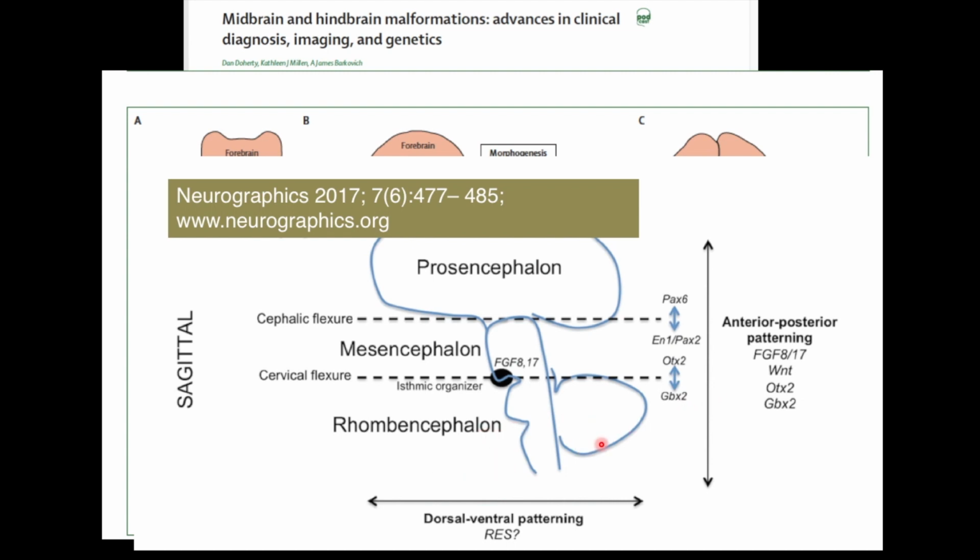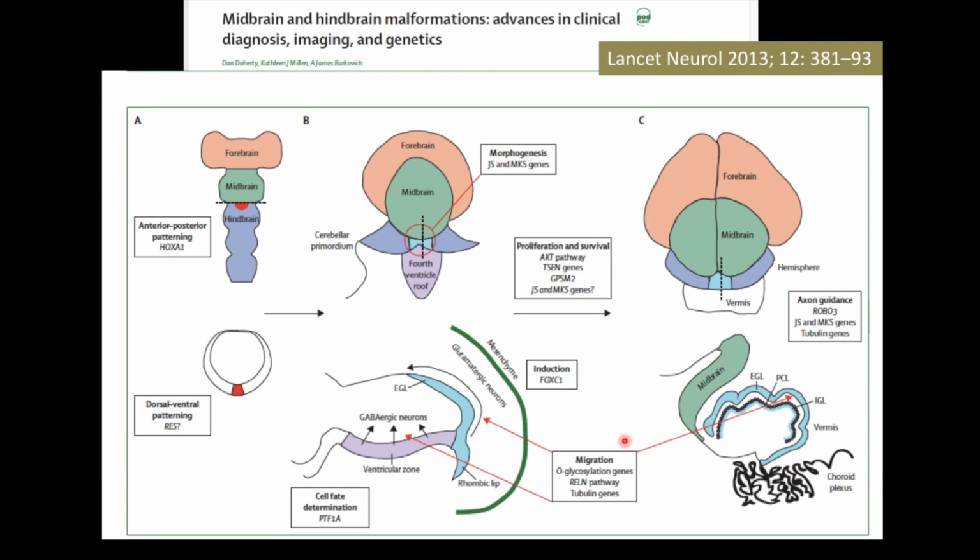The cerebellum develops from the rostral portion of the metencephalon, from rhombomere 1, and it has two distinct germinal matrices, one from the medial ventricular zone and the other from the lateral rhombic lip. From the medial ventricular zone, the GABAergic cells, especially the Purkinje cell layer, migrate radially into the cerebellar anlage. At the same time, from the lateral part of the ventricular zone and the rhombic lip, there is a tangential migration of the granule cell precursor cells to the external granular cell layer.